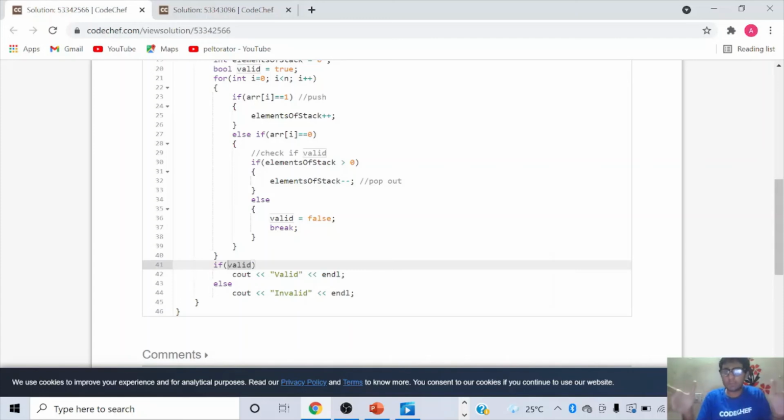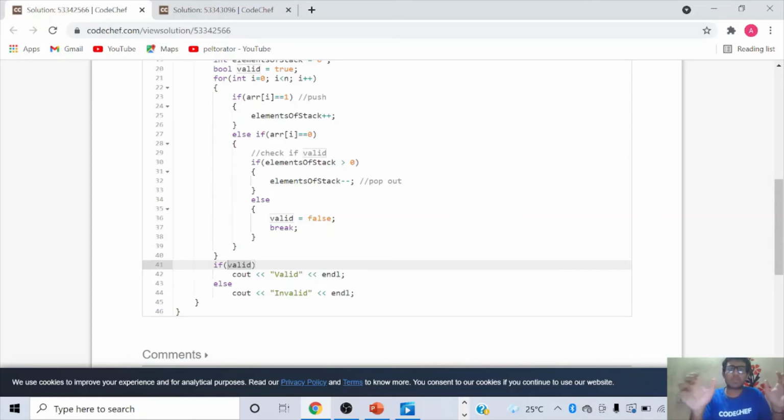Now, this is a wrong approach because let's say you have a sequence of operations that goes like this. Push, push, pop, pop. Here, because you have a push, the element of stack becomes 1. Another push, element of stack becomes 2. You have a pop operation, you check if it's valid. Yes, you have 2 elements, decrement. Now your element of stack is 1. Now you have another pop operation. You check if it's a valid operation. Yes, it's valid. You pop.